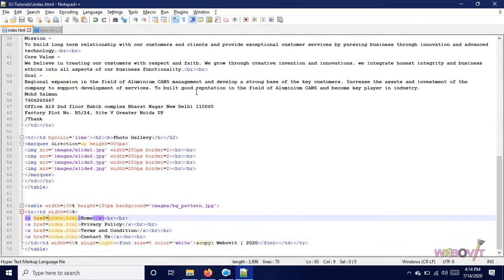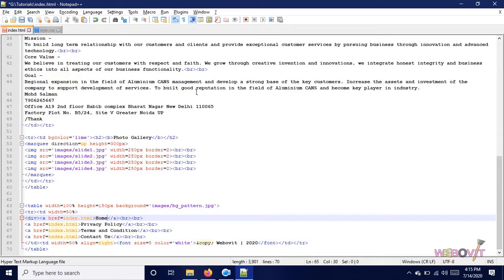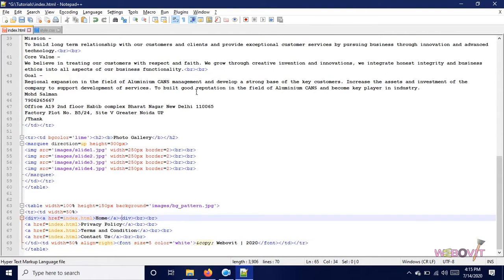But for that purpose, since they do not have any wrapping elements outside, just a plain a href, we have to put them in some kind of wrapping element so that we can put them into some particular class.